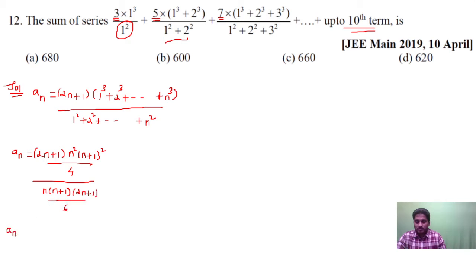Now an is equal to (2n plus 1) into n square into (n plus 1) the whole square, whole divided by 4,